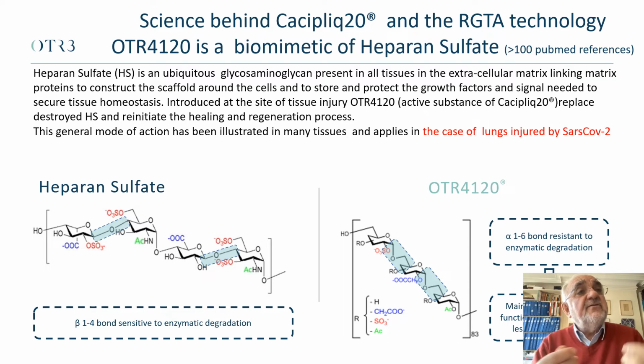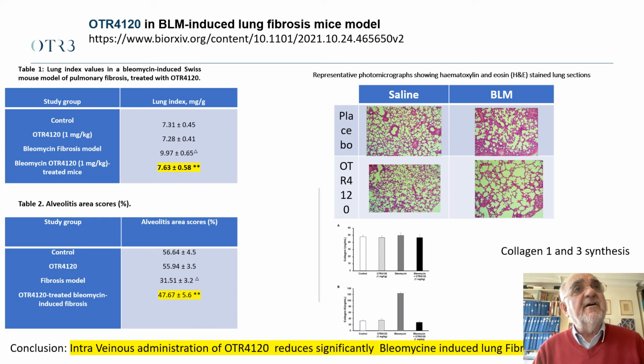And as you understand, you've seen on the skin, this is a general property, and the whole thing is to find the right timing for introducing this product. And the affinity of this OTR to the matrix protein is such that it's even better or stronger than a good antibody to an antigen. So it's in the nanomolar KD range, and it will just target to the site of injury and nowhere else. So by introducing this product, you may expect a very acute and very specific process of tissue repair,